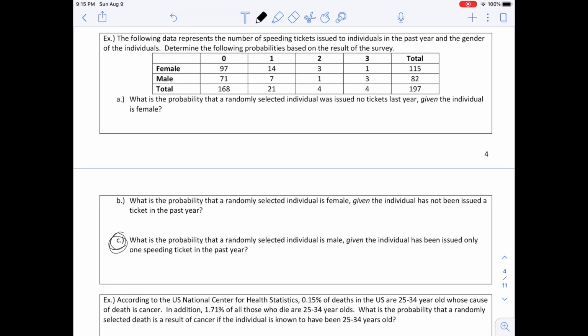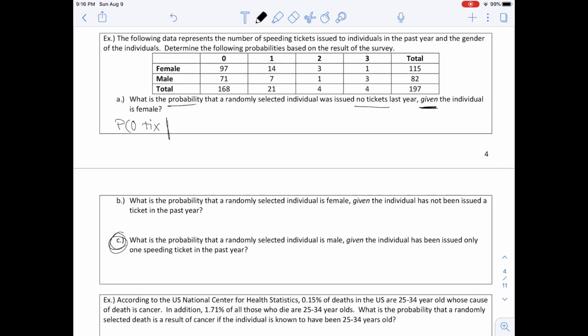The next example says the following data represents the number of speeding tickets issued to individuals in the past year and the gender of the individual. Determine the following probabilities based upon the results of the survey. You'll notice we have females, males, and 0 speeding tickets, 1, 2, or 3 that were issued in the past 12 months. We also have a total column and a total row. Part A says, what is the probability that a randomly selected individual was issued a ticket last year given the individual is female? So we have the probability